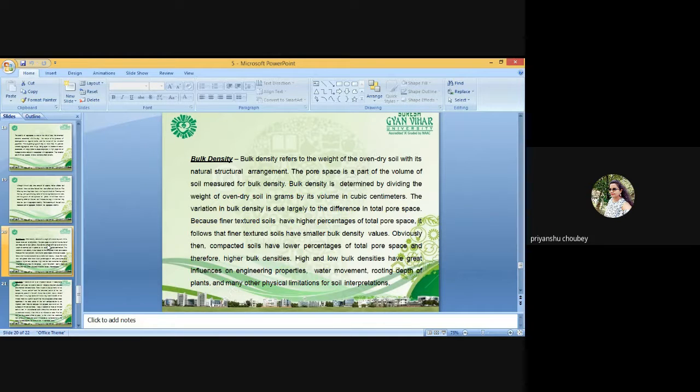Particle density depends on the chemical and mineralogical composition of the soil. In most soils, particle density is in the range of 2.60 to 2.70 gram per centimeter cube. For all practical purposes, an average value of 2.65 megagram per meter cube is used, since this value is very close to the density of quartz,